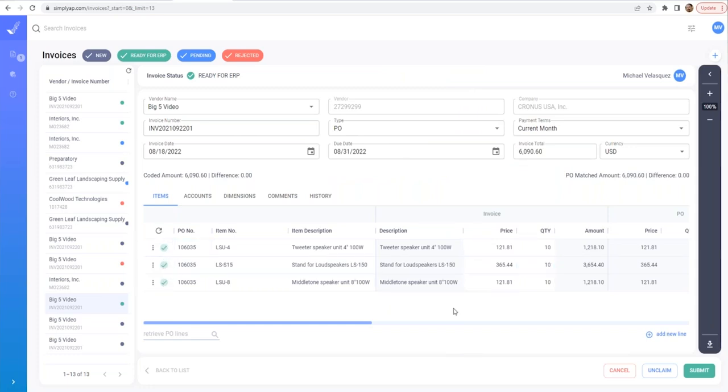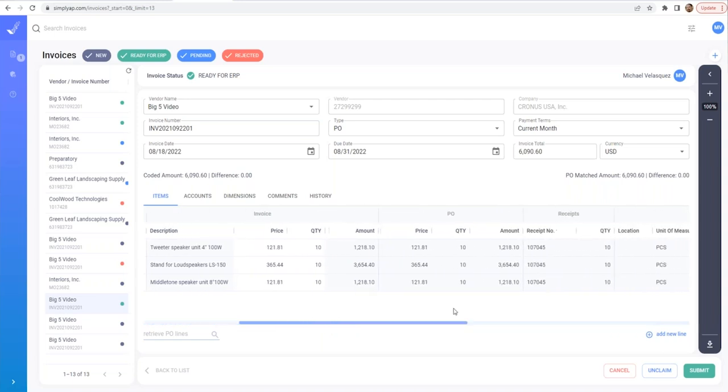That shows there was no issue. There was no discrepancy between the invoiced amount, both quantity and price, the purchase order amount, and the receiving amount. Again, likewise up here, we can see there was a zero difference between the invoiced amount and the purchase order matched amount within BC. So we do have that real-time integration with Business Central and the capability to do real-time analysis